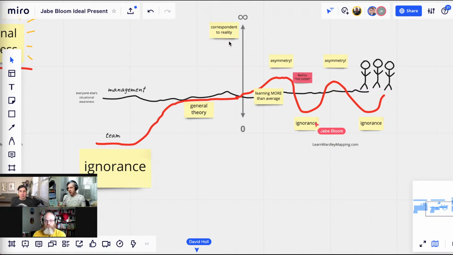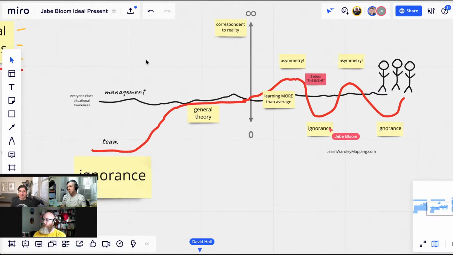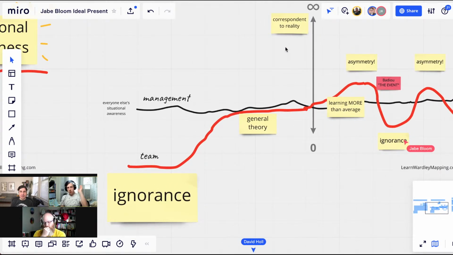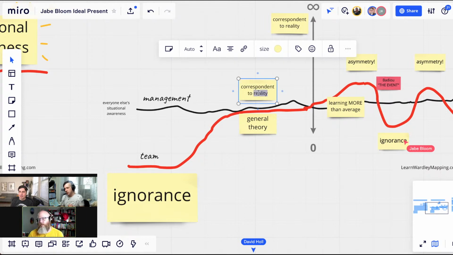Okay, this is really interesting because I think this can be illustrated with this process model frame, right? This is extremely oversimplified, but let's assume that a lower vertical position is less awareness of correspondent reality. Let's say that there is a true reality to be observed and that you can observe it by close examination. Lots of assumptions going into that, but let's say that infinity is complete awareness of the universe and everything within it. Yep. And then there's the coherence version of that,